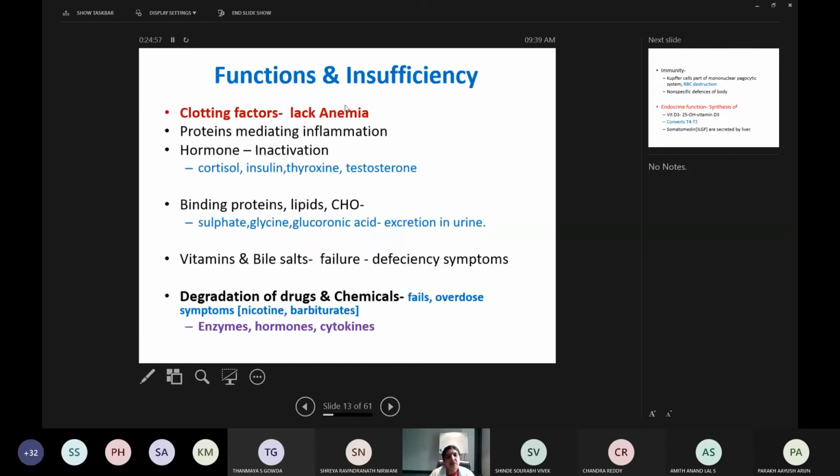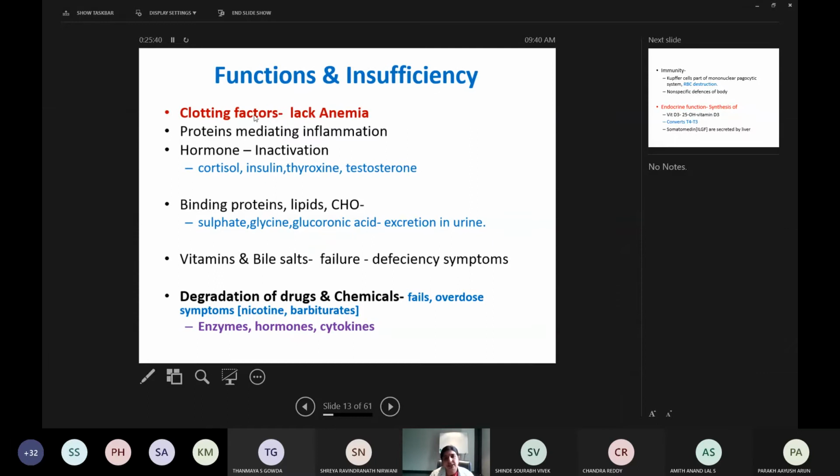Then we have seen the functions of the liver already. Now I am going to correlate these functions along with the insufficiency of the liver. This table is given very nicely in the AKGN textbook. They have listed all the functions on one side and insufficiency or disorders of the same function on the other side. If you read that, it is very easy to remember the function in correlation with its applied aspect. So here I have put forth a few important functions and their insufficiency.